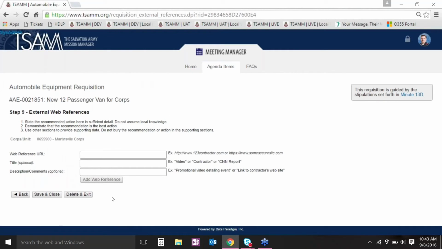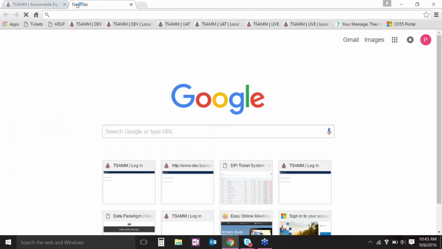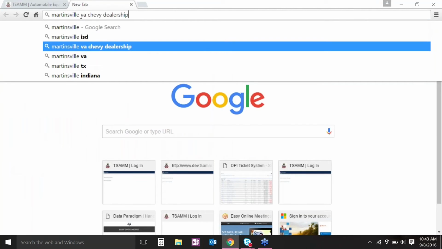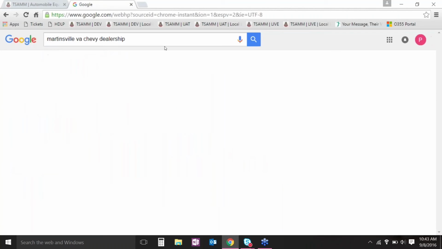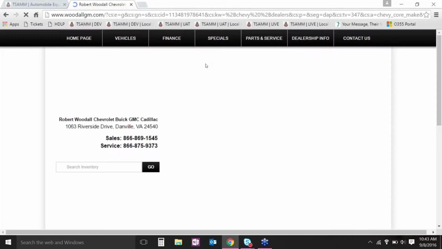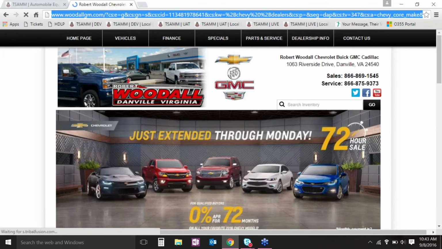I'm going to go ahead and click Next. And like I said, this last step is the same. It is a way for you to give some extra information that you probably couldn't before. And this is where you can attach a web reference or a link to anywhere on the web. So in this case, and you probably wouldn't do it when doing an auto requisition, but imagine you are submitting a conference request, and maybe you want to send a link to the conference website or the registration form for the board to review as they